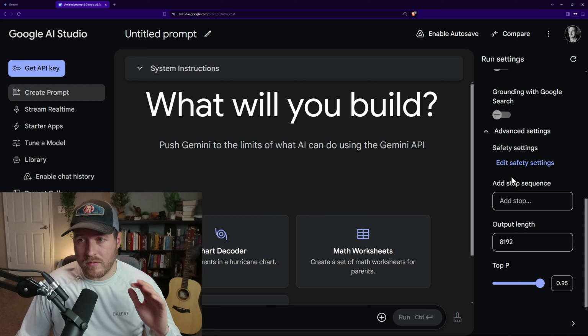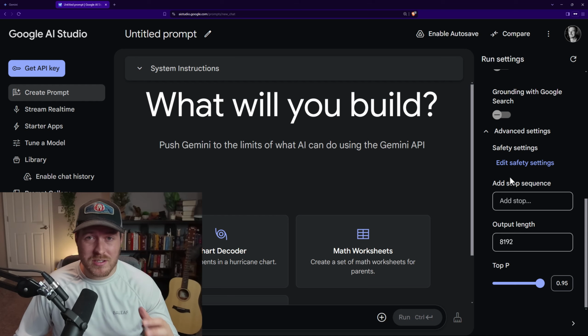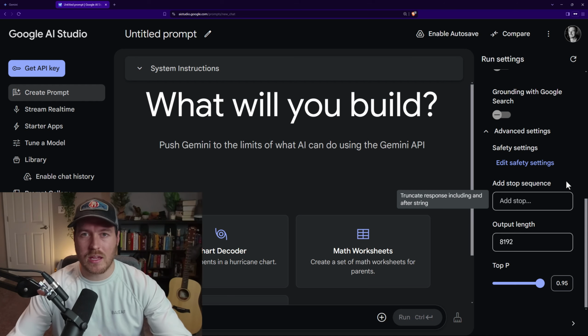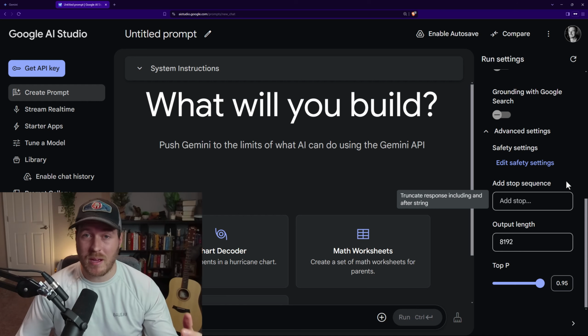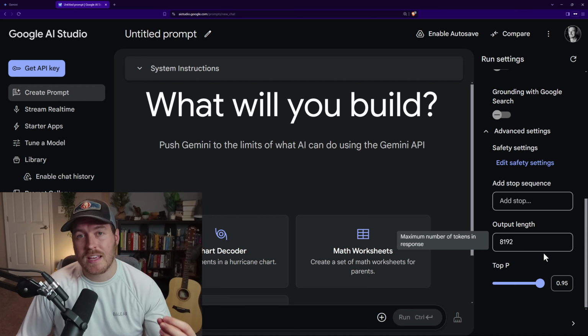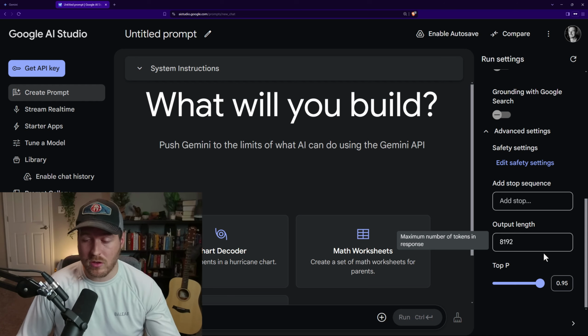The last things are advanced settings. We can edit the safety settings to make sure that you're getting the safest response that you want. Then we have a stop sequence, which if it's continuously creating a response, we may want to stop it because it might be going off on a tangent that we don't want it to go on. And so we add a stop sequence to stop the generation of the response. Then we have the output length, and this will be the length of the response. Basically, how many tokens will you allow the response to be? You can make this fewer if you want it to be a shorter response. You can make this a lot larger if you want it to be a huge response, like changing an entire